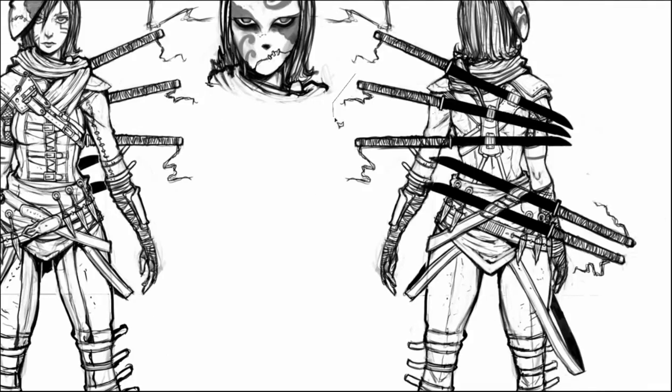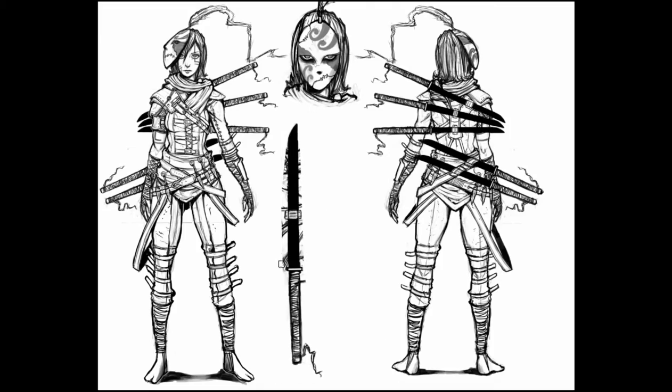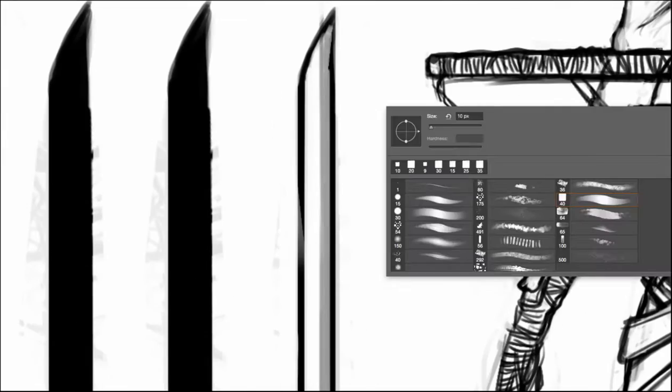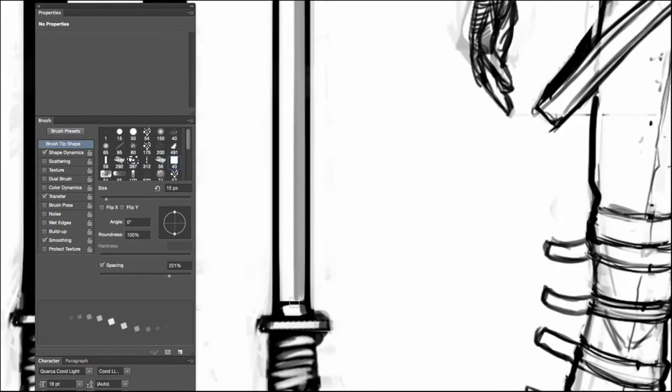Here I am creating a sword, right? You can see those swords on the back, but now I'm just creating the concept art for the sword. You always want to create everything out. You want to make it clear what things look like, even swords, even if maybe you're not exactly a weapons artist or weapon concept artist, but usually, or at least that's how I think of it, if you're a character